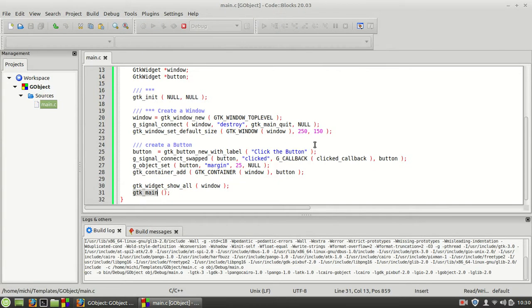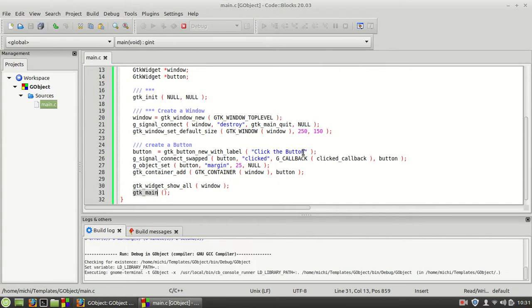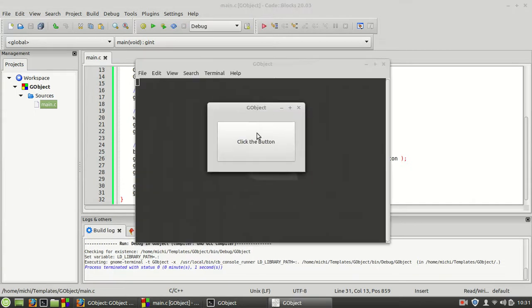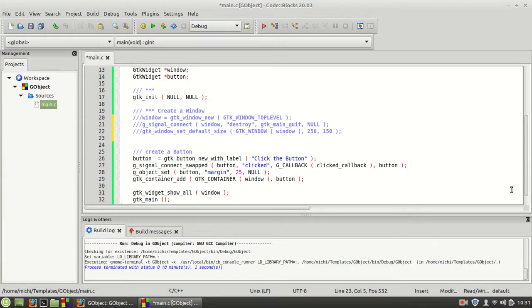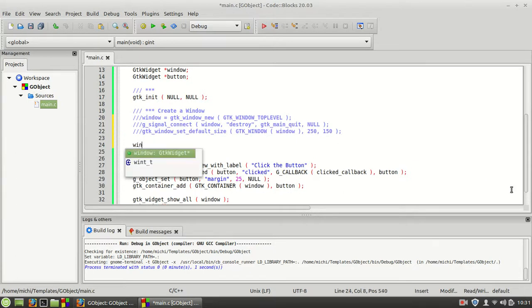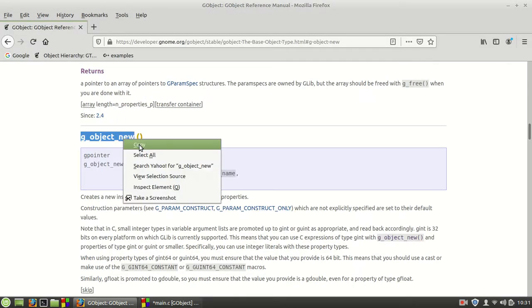Anyway, when I compile the program like I'm doing right now, you will see the window, and of course you see the button. If I click, say you click at the button. Okay, nothing special. Now let me show you something. I'm not going to remove, I'm going to comment these 3 lines right here, and instead what we are going to do now is call on window the g_object_new function,